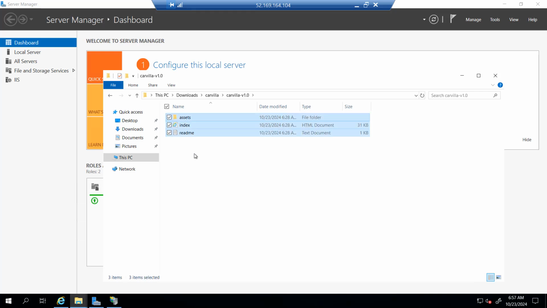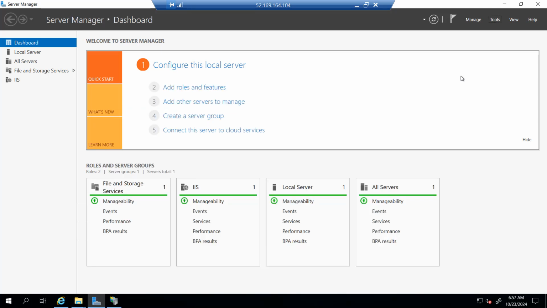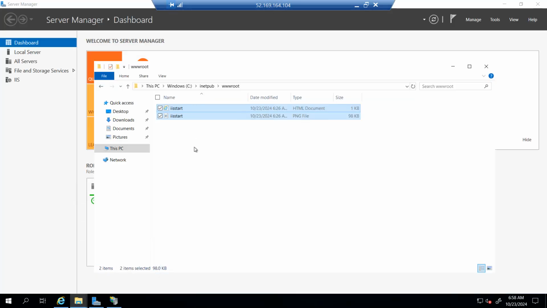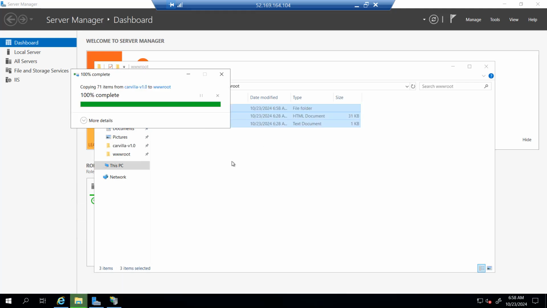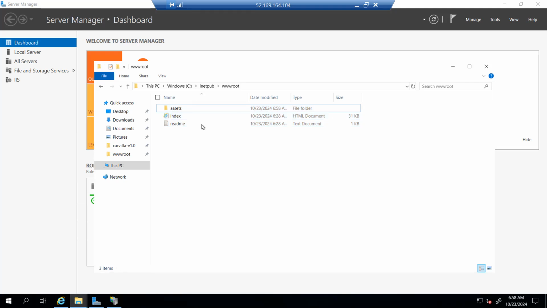Then I'm going to copy all of them. Then I can locate this environment where the IIS content is, then delete it. Then after that, I paste all of them into this particular part, which is the inetpub in the Windows C drive,